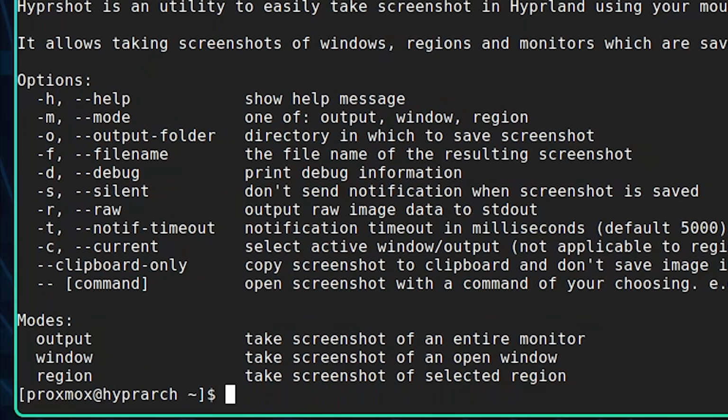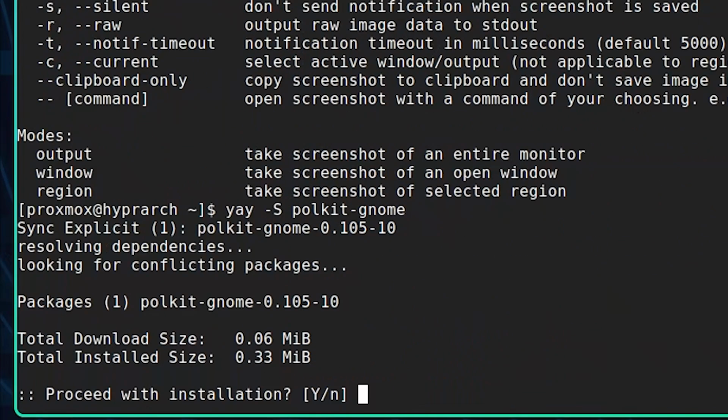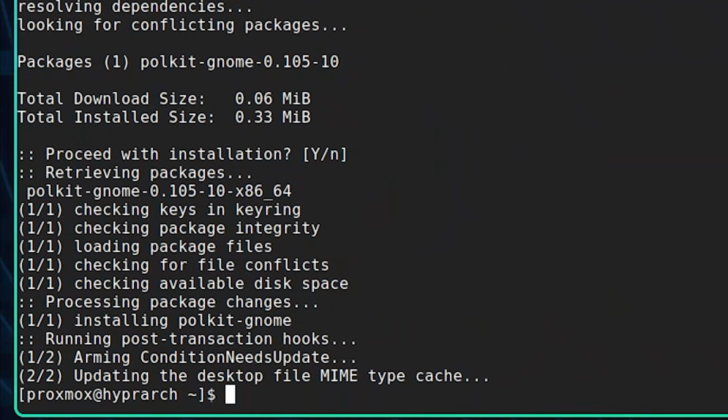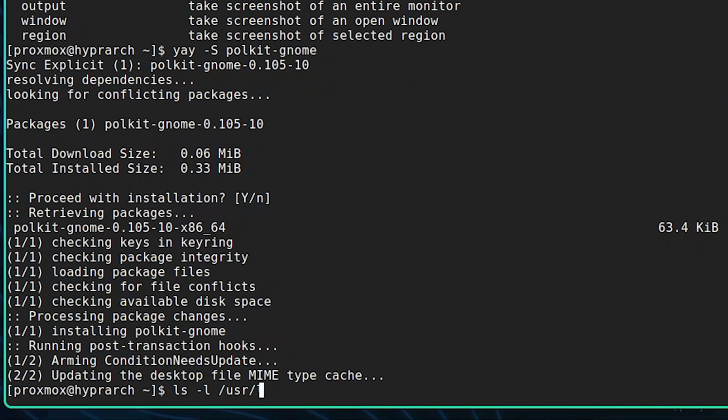One thing you'll definitely want is a PolicyKit manager, such as polkit-gnome. Let's go ahead and install that. yay -S polkit-gnome. This will enable you to bring up dialogues when an application requests elevated permissions that can work within the PolicyKit framework, such as Virt Manager. You need to make sure this is enabled when you start Hyprland. It's another line of exec-once in your config. You can find the binary in /usr/lib/polkit-gnome/